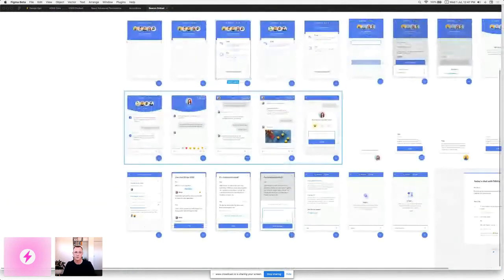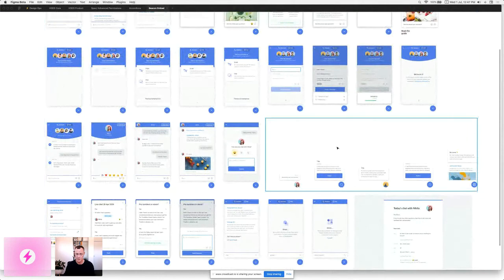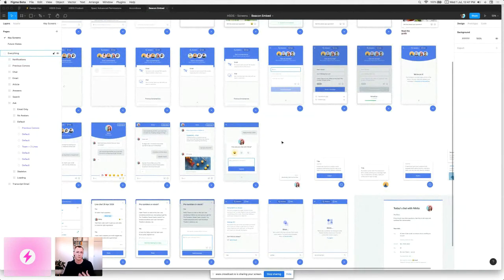We make sure we don't use lorem ipsum. We use diverse avatars. We try and be as useful as we can. So people can go into this, and we have the same for reports. We have the same for some common screens. And I think that's a really nice way of